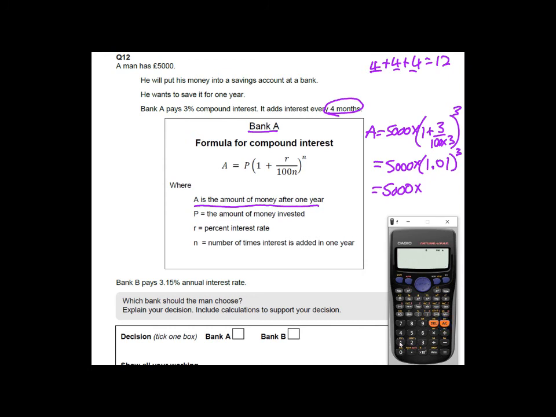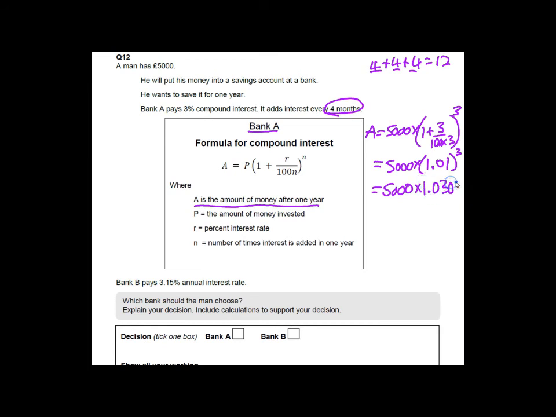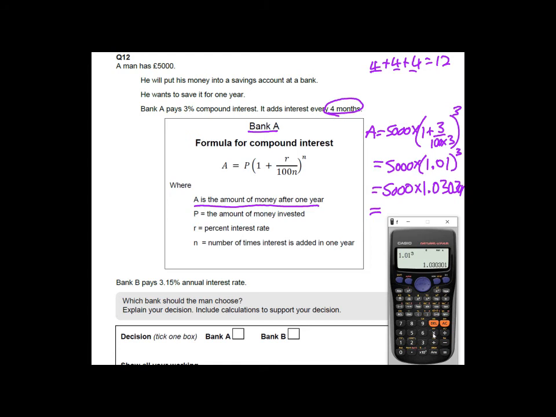So we've got 1.01, and then we choose X, and we're going to put the number 3 into our index. We use this X here with the filled in box because it allows us to put any number as a power. We press equals and we get 1.030301. So all we're going to do now is multiply that and find out what we get. Because that long number is already on the calculator, all I'm going to do is press multiply and by 5,000. Press equals, and we get